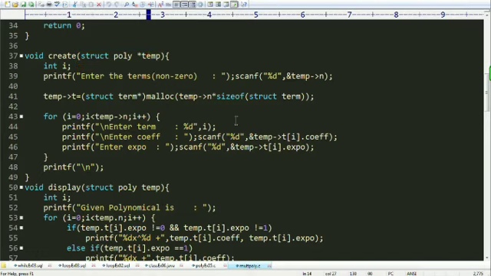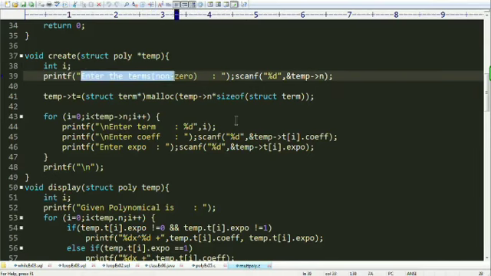In this function I am creating variable i which shows iteration. Iteration means the number of terms present in the polynomial. After that I am taking the number of non-zero terms. I'm not considering zero terms in this polynomial.